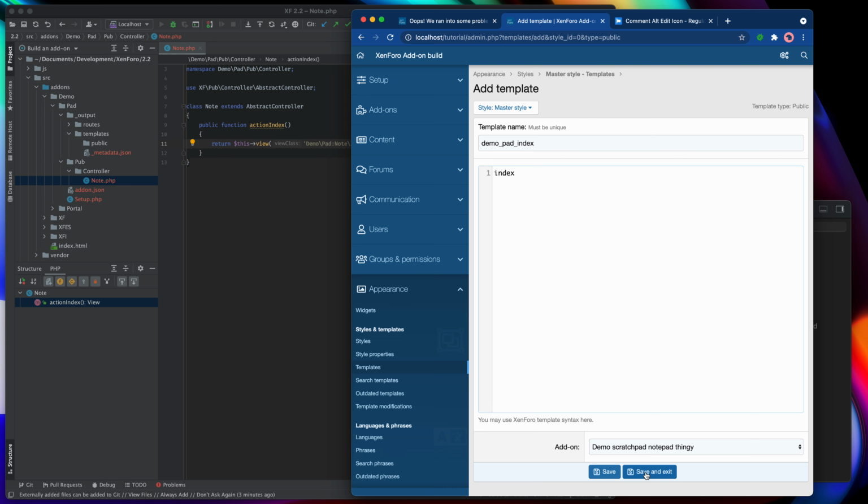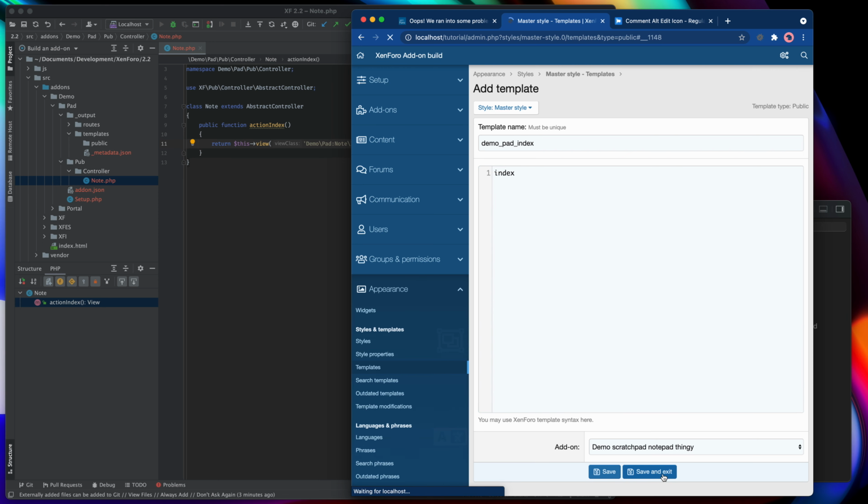in my code editor rather than messing around in the template editor in the XenForo web application, because although it can do some relatively basic things like auto completion of tags and things like that, it's not a full-fledged HTML editor, and why would we cause ourselves the suffering of using that when we can use a full-fledged editor like PhpStorm?